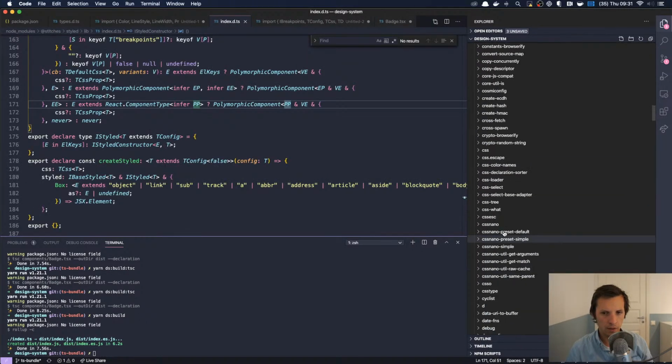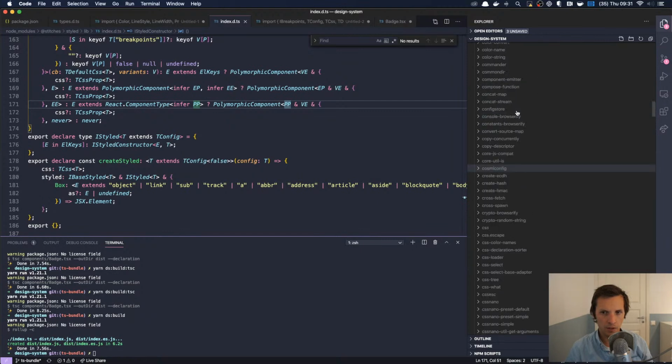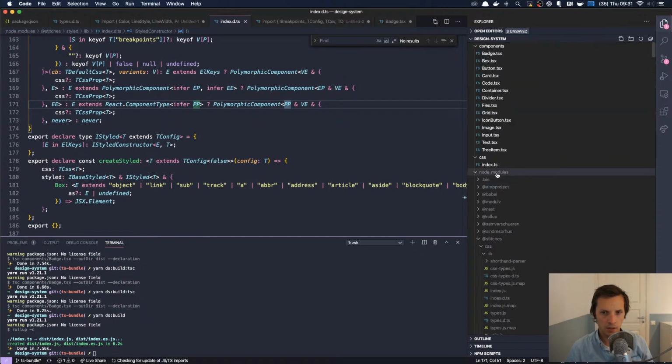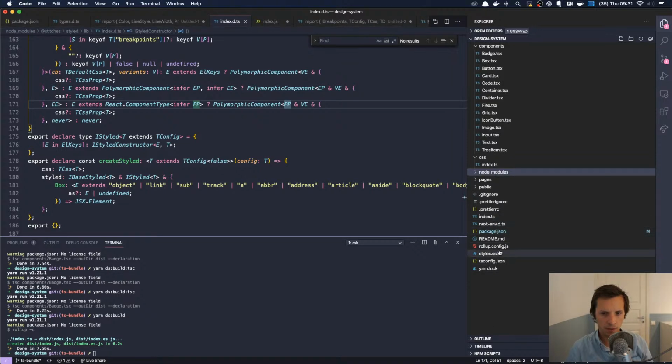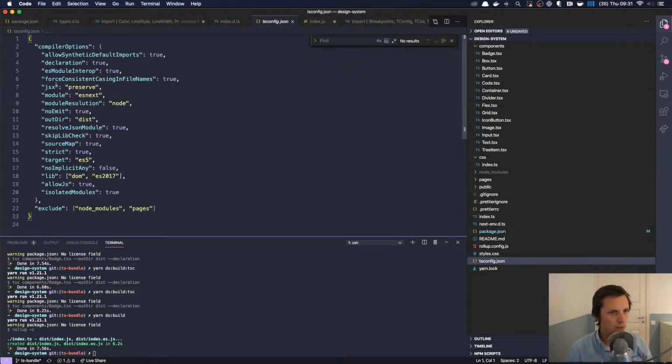oh wait, I have a feeling what it is. It's because for some reason when I do the TSC thingy, it's not using the config. So there's something in the config causing this.